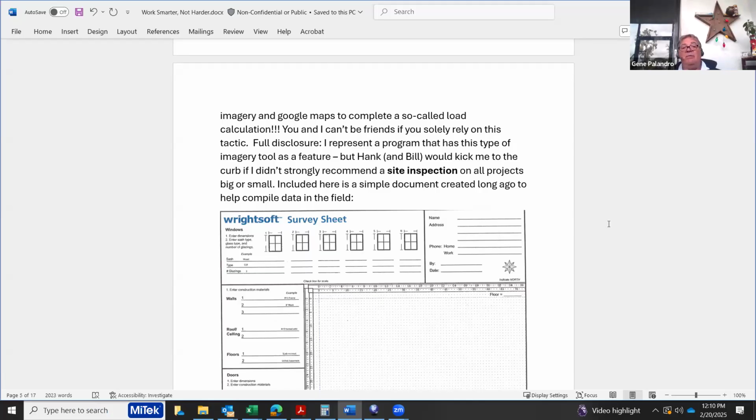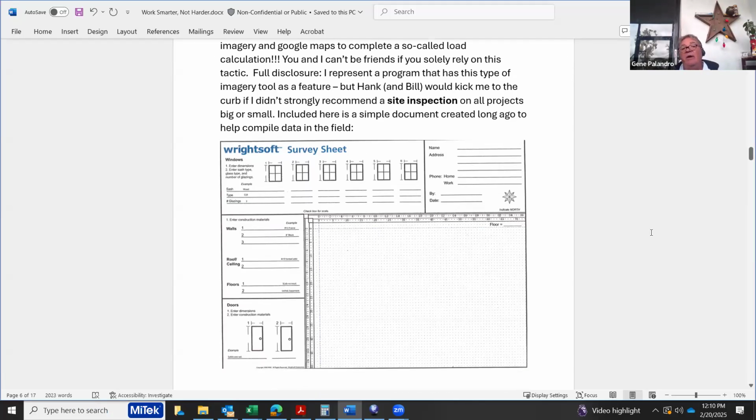So included here is a simple document that I provide and created long ago to help compile data in the field. You can get down your construction types of the window, wall, door, ceiling, roof, and floor, any orientation or customer information, construction types and quality. You can even make a little rough sketch here and then take that to the manual or your computer and input the information and get your answer quickly,